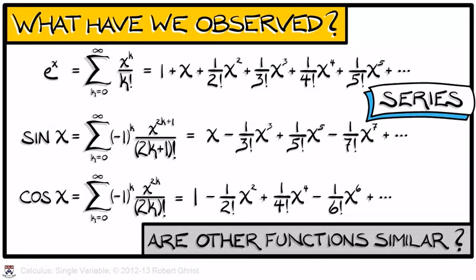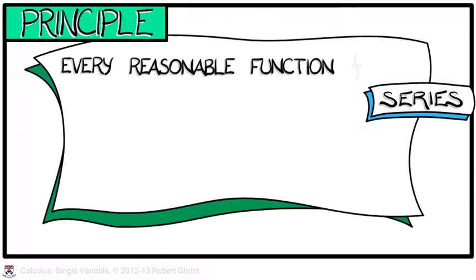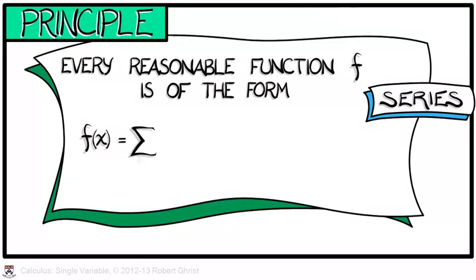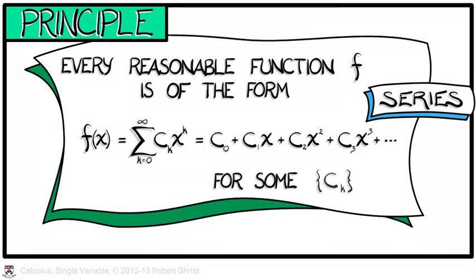The question arises, are there other similar expressions for different functions besides these basic three? The answer is an emphatic yes. We're going to work under the assumption that every reasonable function can be expressed in the form of a series as a constant plus some other constant times x plus a third constant times x squared, etc., for some collection